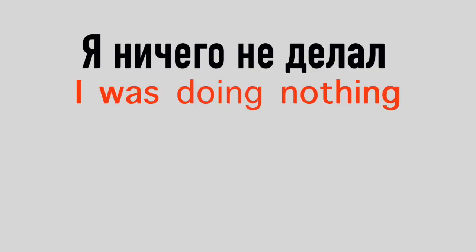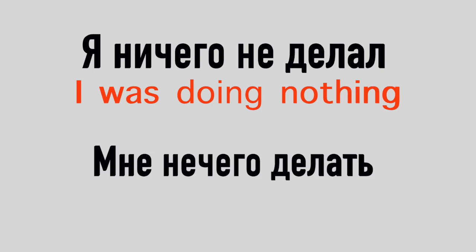And unlike the prefix ни that emphasizes the negation formed by the verb and the particle не, or the word нет, the prefix не shows that the action cannot be complete because there is no subject or object to do this action. For example, let's look at two sentences. Я ничего не делал. I was doing nothing. Мне нечего делать. I have nothing to do. You see, in one case we emphasize the negation formed by the verb and the particle не делал what? Не делал что? Ничего, nothing. And in the other case, nothing to do. Мне нечего делать. I have nothing to do.